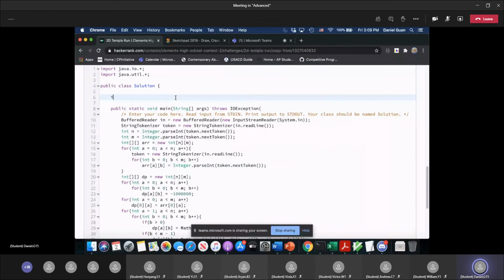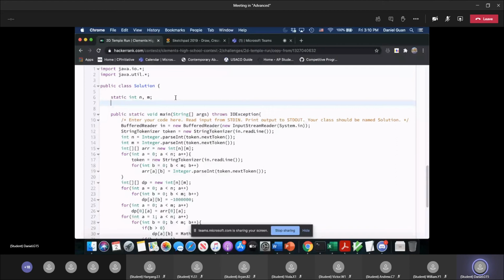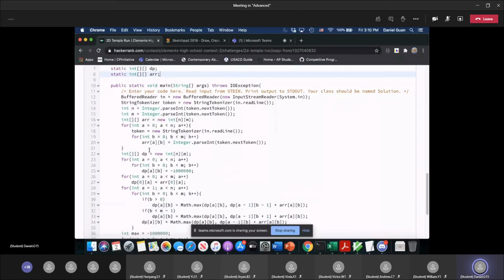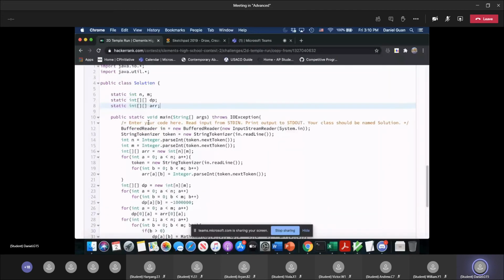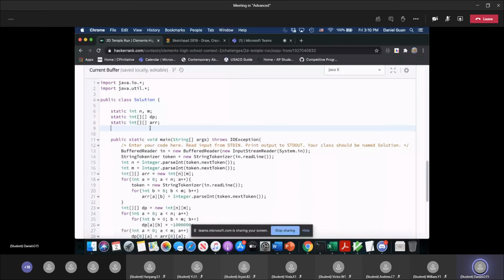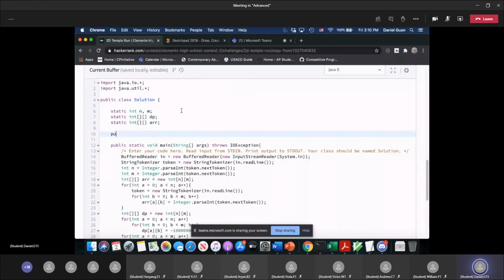Okay, so when it's recursion, you have to use a method. So I'll set up my input so that it's outside, and I can use it within the method. Okay, let's just assume that these things are read in. I'll deal with all the rest of the code later. I'll just write the DP function first. Okay, so